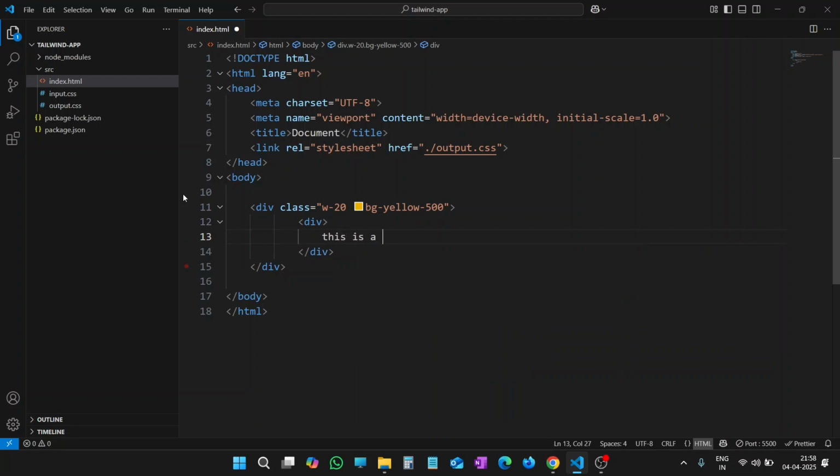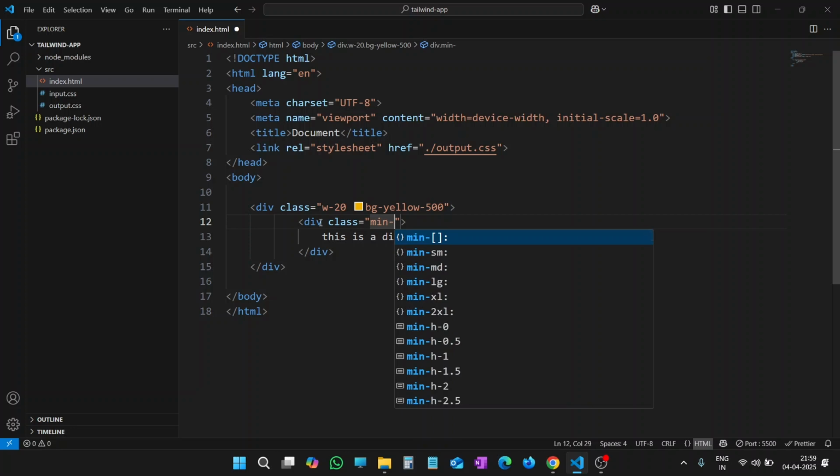This is a div, and set its class. Let's set its minimum width as min w, more than 20. Minimum width,